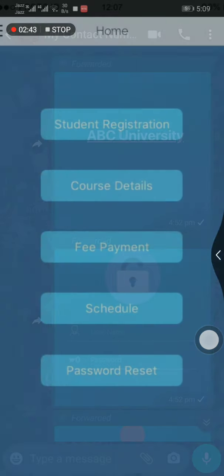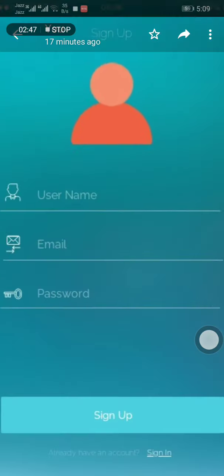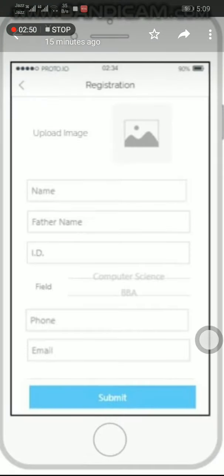So if you want to register in any course, you will be moved to this page. You will be required to upload an image of yourself in 24 by 24 or any square image which is a standard for the profile picture.